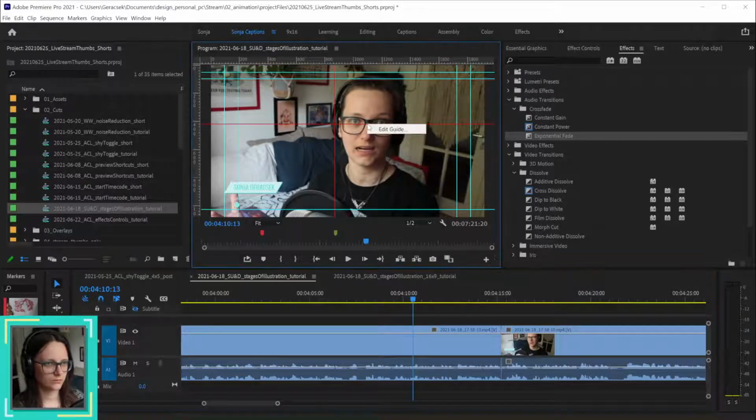Let me remove this guide. I think you just have to drag them away. These are annoying. I don't know if that removes it for all the other things where I wanted that guide to be, but